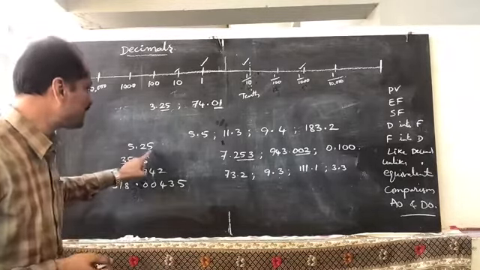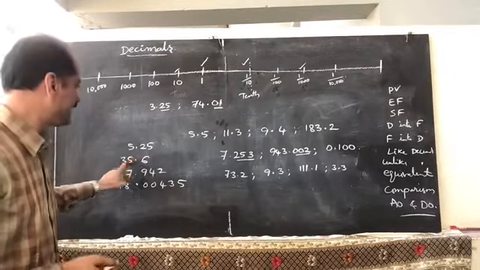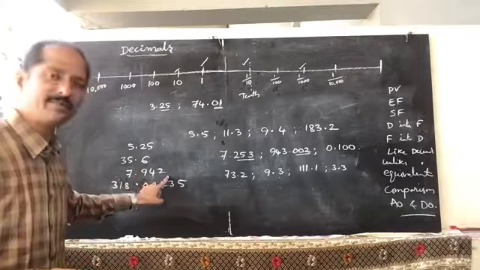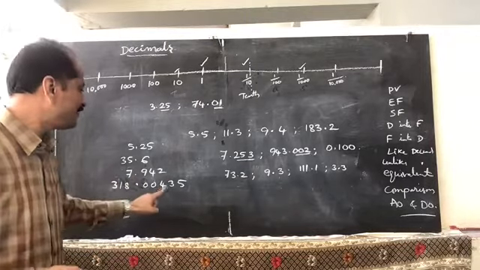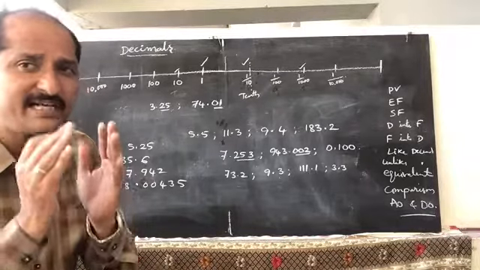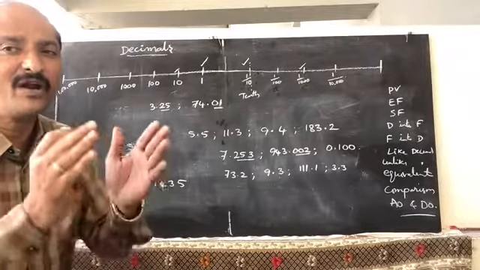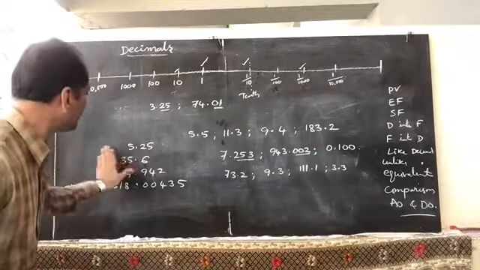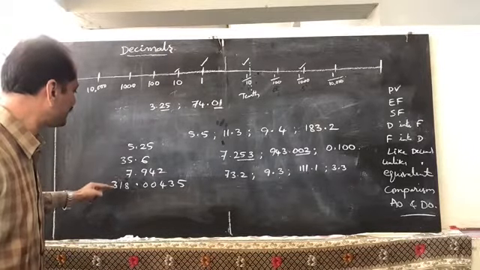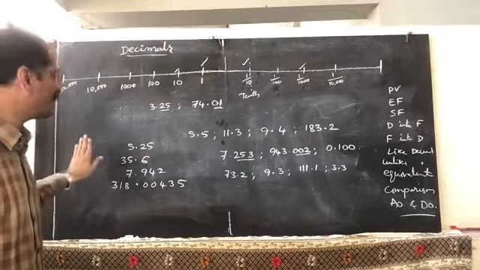The first decimal has 2 digits in decimal part. Second decimal has 1 digit in decimal part. Third decimal has 3 digits in decimal part. And fourth decimal has 5 digits in decimal part. We should think of only the decimal part digits. Number of digits in the decimal part. Don't think about the whole number part digits. Whole number part here 1 digit, here 2, here 1, here 3. Don't bother about the whole number part digit.